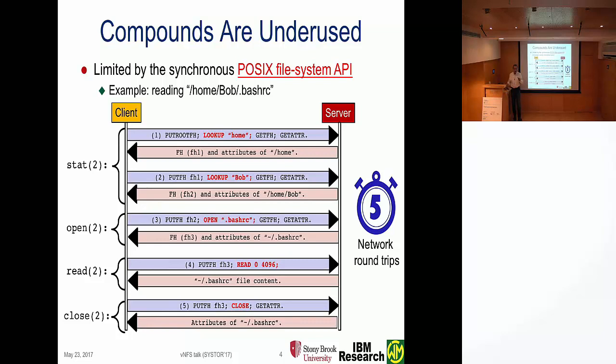Ironically, Linux actually uses compounds inside the kernel, in their Linux client. You see that they actually do 4 different operations inside a single compound. This is basically setting the file handle for the next thing to happen, then looking up, getting the file handle so you can get the attributes on it, and finally returning the attributes. So they use it, but in a very limited fashion.